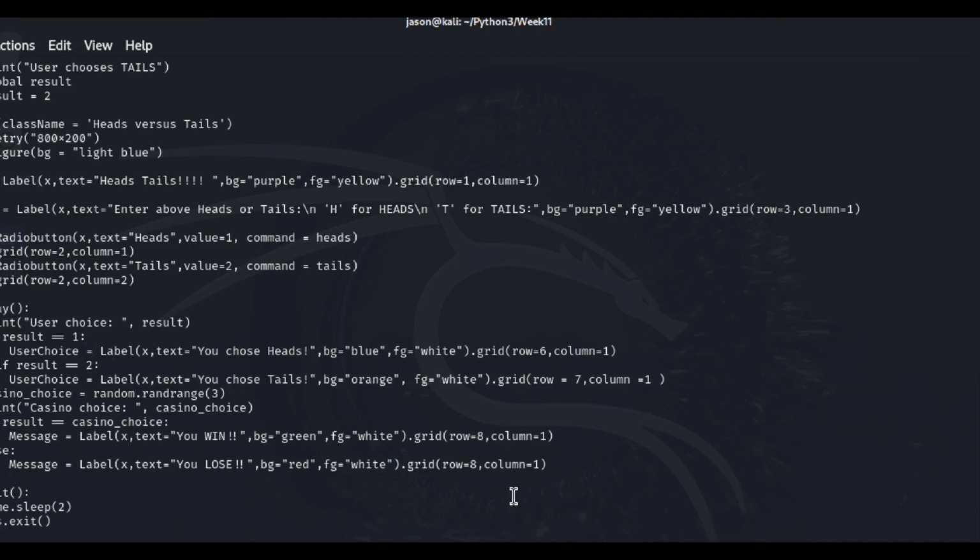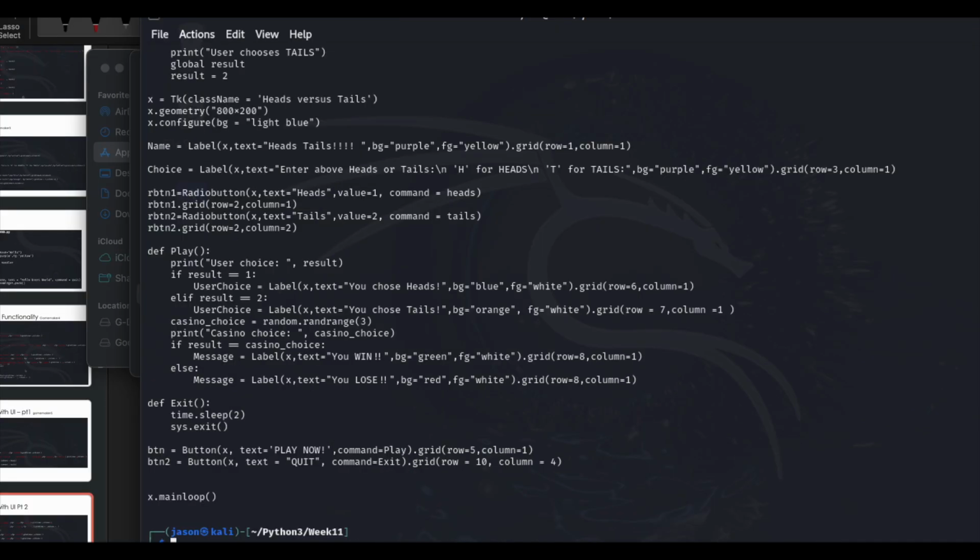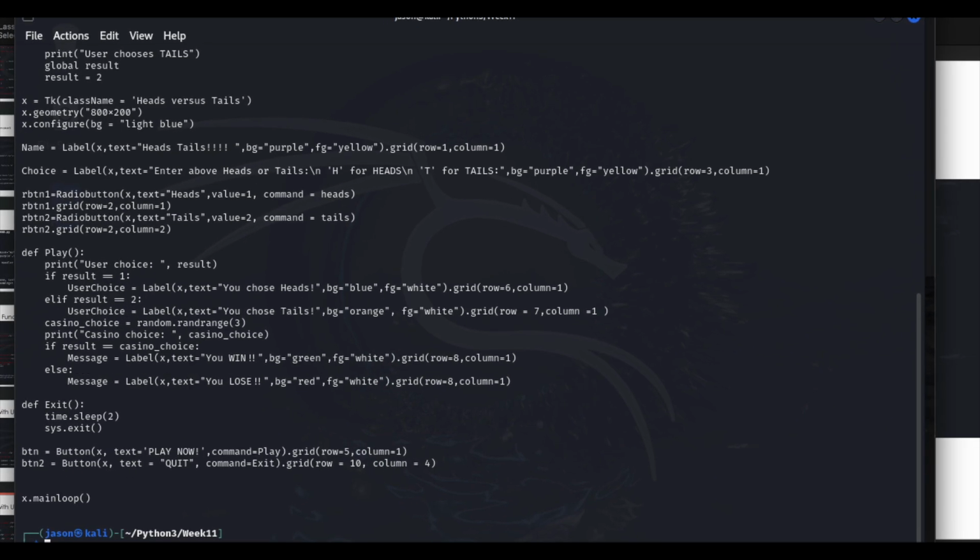Of course this is not allowing me to do this. Let me bring up my screen. Hold on. What is going on here? Okay, here we go. All right, okay, this is what I was looking for. Okay, everyone can see the code here. So we can see that the button says play now.